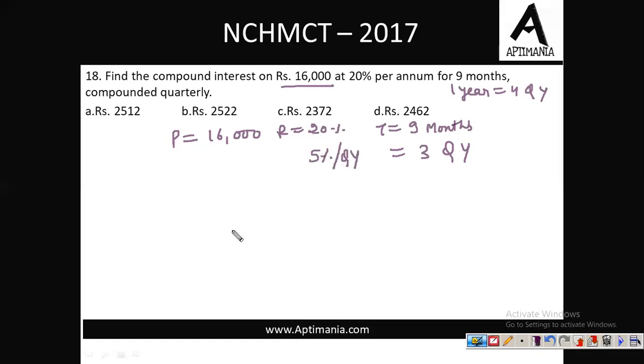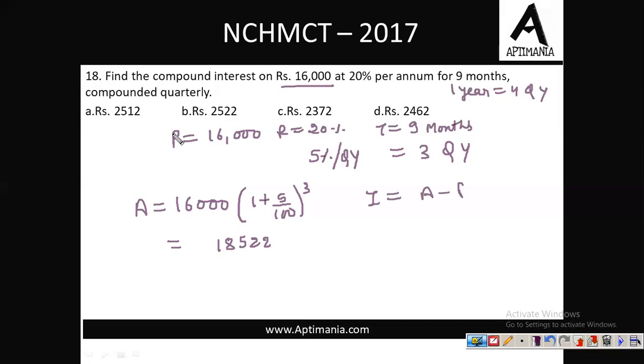Now we'll use the formula of compound interest. So the formula for amount is P, principal, times 1 plus rate percent over 100 raised to power time. So on solving this, you will get the amount to be 18,522. I'm not solving this. This is very basic part. Fine. Now we need to find the interest. Now interest is amount minus principal. So amount is this much, 18,522. Principal was 16,000. So the difference will be interest, which is 2522. Option B is the correct one.